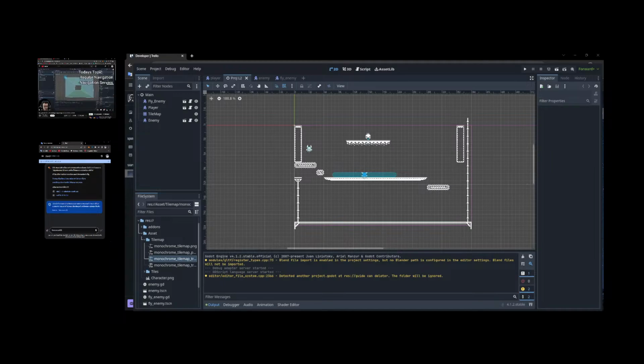The first thing that we're going to be doing is learning about navigation region. So the first thing we'll take a